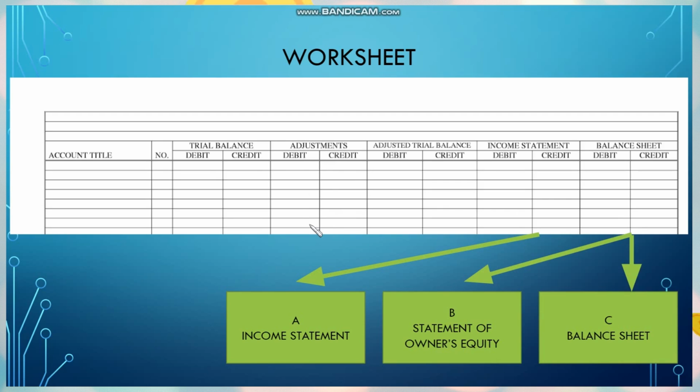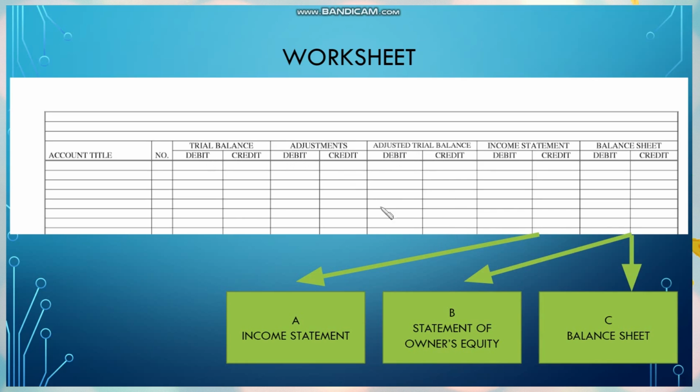The net amounts of the first 4 columns are extended to the adjusted trial balance columns. So from this trial balance, this first, second, third, and fourth column, their net amounts will be written here in